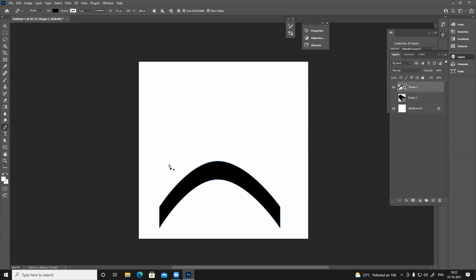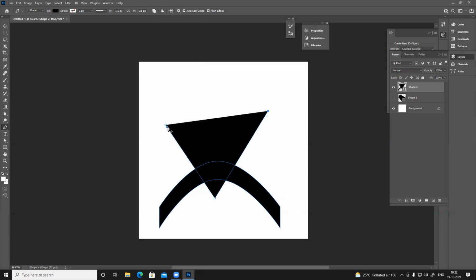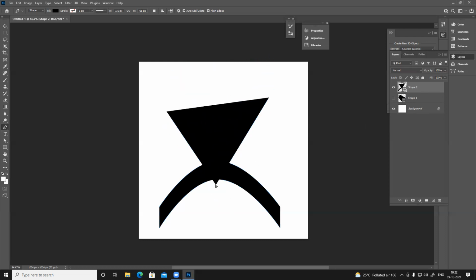In that case, if you see the shape tool, we have new layer, combine shapes, subtract, intersect, extrude, all these options are there. So if I switch this to combine, it will create the same shape within this layer. Same layer, so I can modify this thing very easily. These two are two different shapes. And there's an extra angle point, something like that. So I can modify this thing according to my requirement and change.